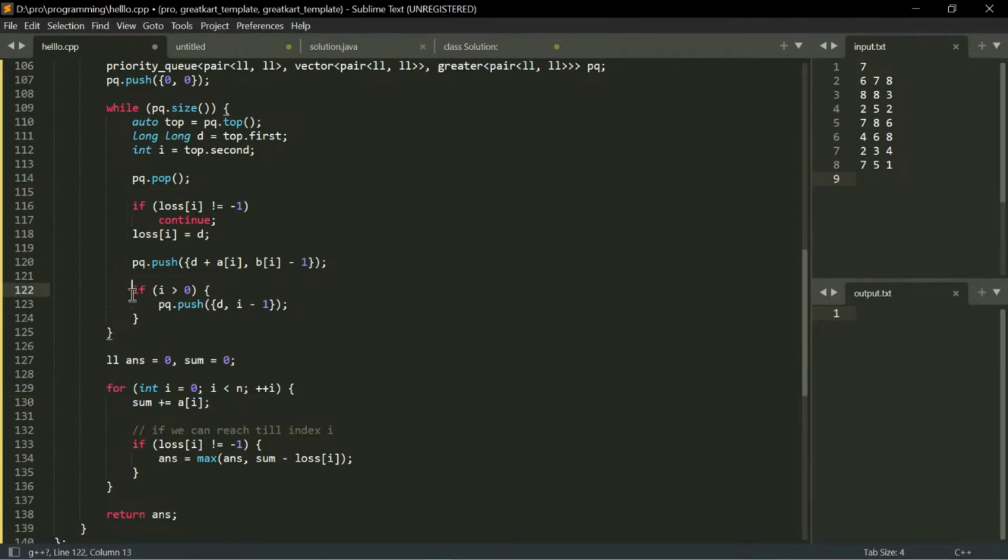And if I use a teleporter, then make sure that the index value must be valid. This is the case when I use a teleporter. So in that case, I will lose the value which is at this index. So d plus a of I, and this is the case when I consume. So when I consume the element, then the loss will be as it is, and take me to the